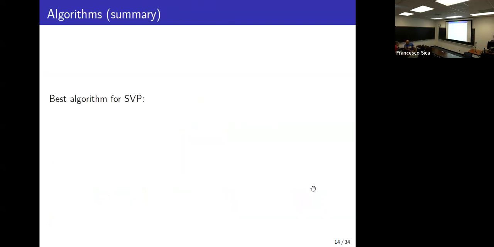Just trying to think about this problem. So I introduced what a lattice is, and then what the computational problem is. We haven't talked about the application, which is something I'm going to talk about after this. But let's think about the best algorithm for solving this, just from a brute force or combinatorial point of view, right?